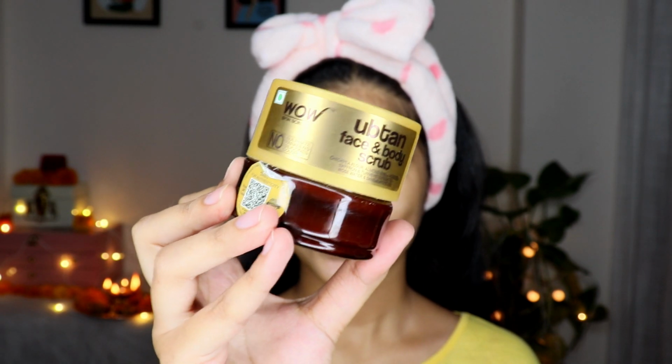This is one of the products which I've been using currently since the past 1 month. This is the WOW Ubtan foaming face wash, and I really love using it. It suits my skin. My T-zone is oily. I have combination skin. It suits my skin perfectly, and this is doing a great job for my skin. So this is all about the first product, and now coming to the second product, which is the WOW's Ubtan